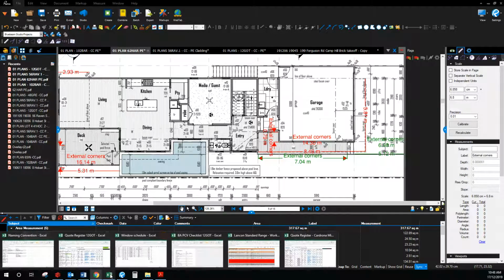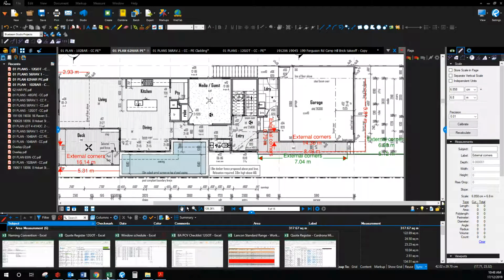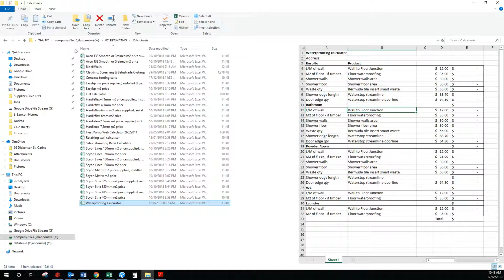Okay, so we're just going to do a waterproofing takeoff. For this, if you go into the Xdrive estimating and calc sheets, we actually have a waterproofing calculator which has got all the current pricing set. So if we just open this one up,